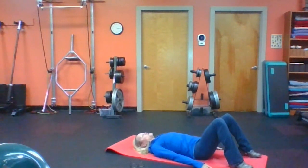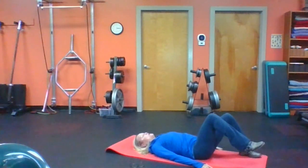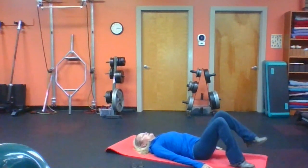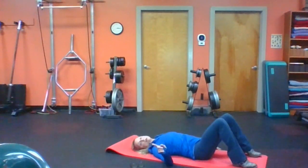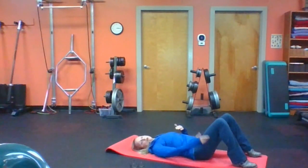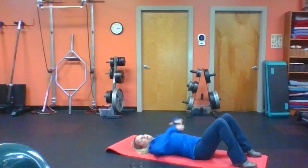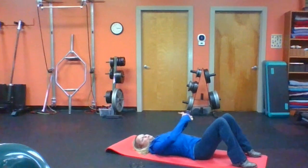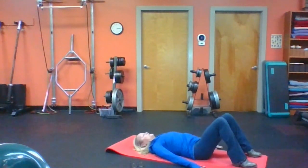So the first way is you lift one leg about an inch off the ground, and then you do the opposite leg. So it's kind of like a march while you're laying down. But there's a lot going on here. As you are lifting your foot off the ground, you are taking your lower back and trying to spread it out on the ground. Your abdominal muscles in the front are pushing that down and holding you in position as you lift your leg,